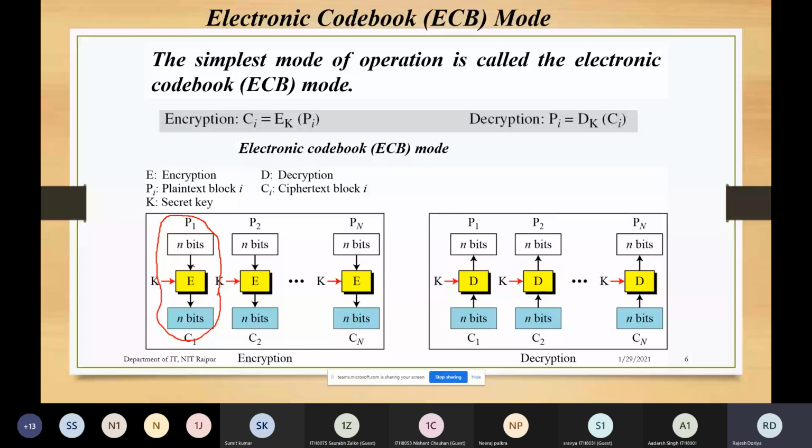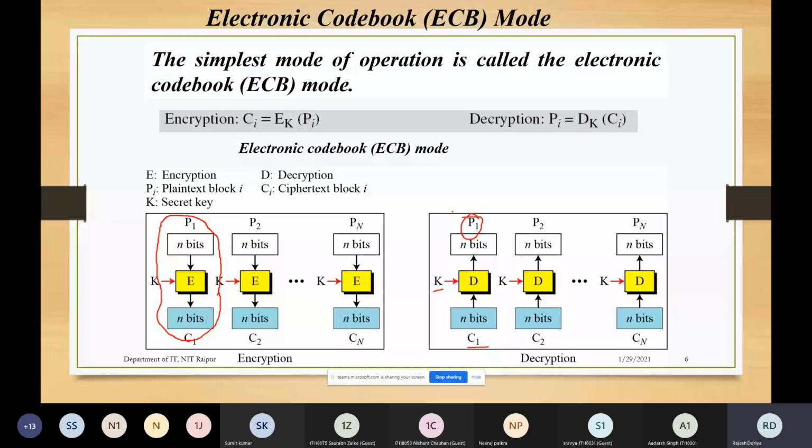If we have a bigger message, then it is going to be broken into a number of blocks, starting from P1 up to Pn, and the same sort of operation is going to be done for the rest of the blocks. On the other side, if we talk about decryption, then the decryption algorithm will be performed with the help of the same key, and it will produce the plain text back. The input this time is the ciphertext, and the output is the plain text. So just the reverse process is applied on the other side.